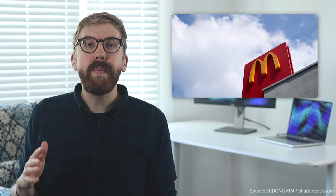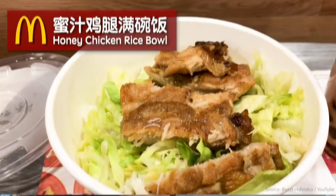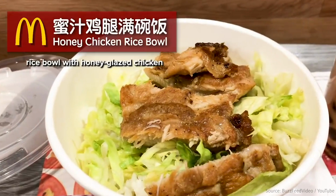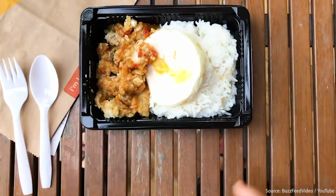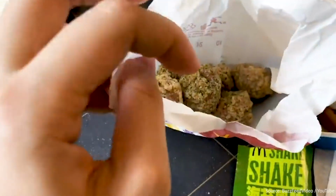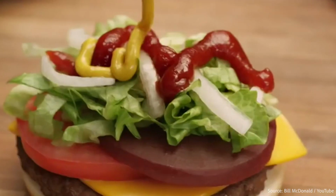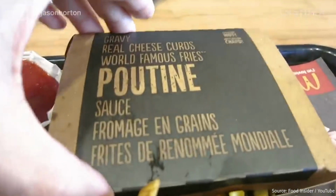So how do you decide how to price your products? In order for McDonald's to stay in business in so many countries around the world, it uses a think global, act local approach. The company's global headquarters sets pricing parameters with specific guidelines and tactics for each region. Each region has its own pricing determined by demand, cost, and local competitor offerings in that region. McDonald's will even adapt the products it offers to whatever country it's in. It will serve rice and fried chicken in the Philippines, beetroot burgers in Australia, and poutines in Canada, to name